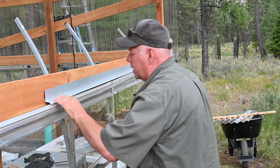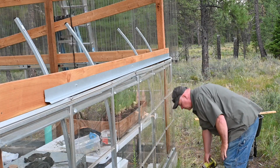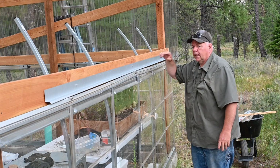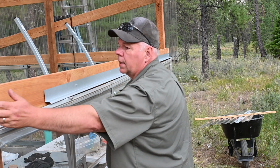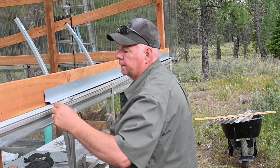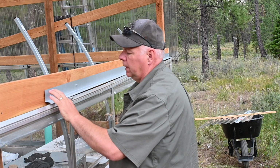Okay, these come in 10-foot lengths. Now remember, I said that the building was approximately 12 feet long. So that meant that I had to buy 3 of these, with a little bit remaining towards the camera. Just a little chunk, not very much. So that means I'm going to have, well, maybe 8 feet of this remaining, and I'll just put it in a pile,